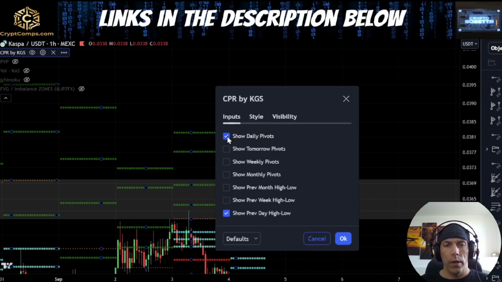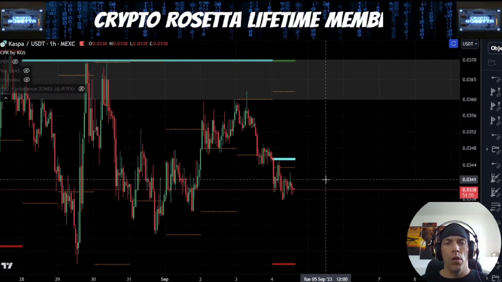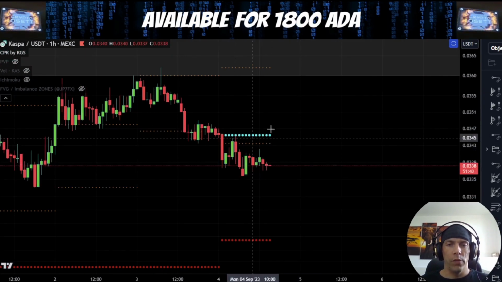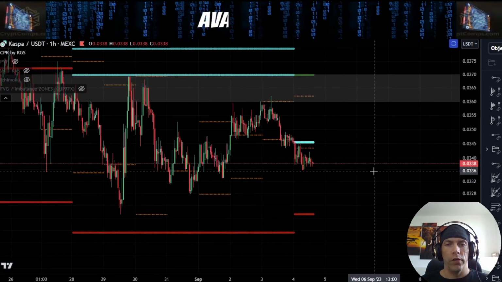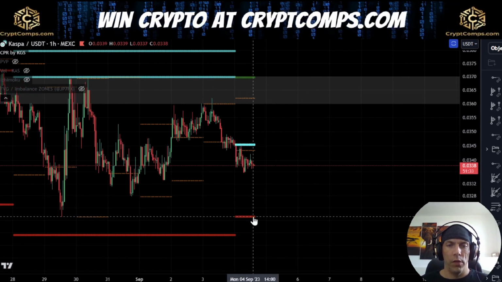Now, moving over and having a look at the weekly pivot points, because we have a new weekly set of pivot points, we can see that these are very tightly spread. Now, when they are so tightly spread like this, it means that we could start to see some volatility come in. So if we remain below these, we need to be careful of the potential to see price come back down